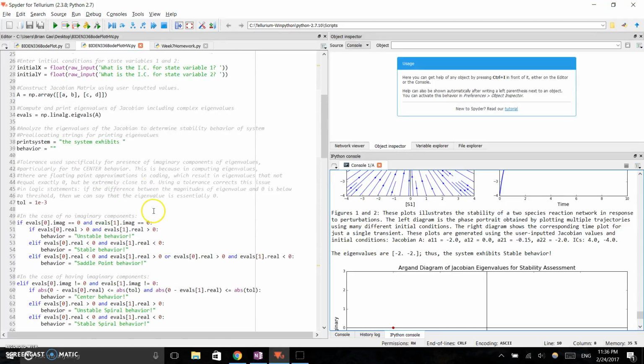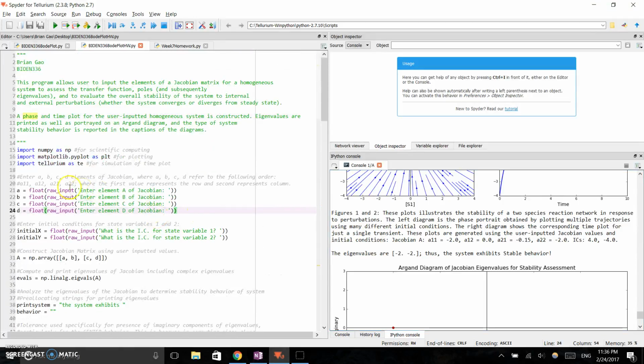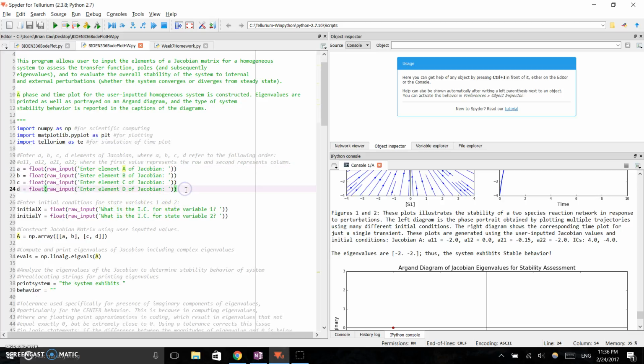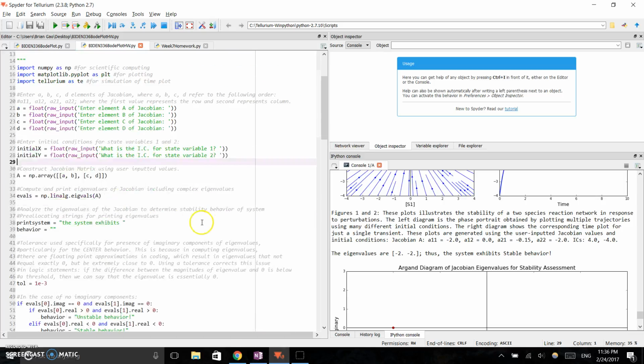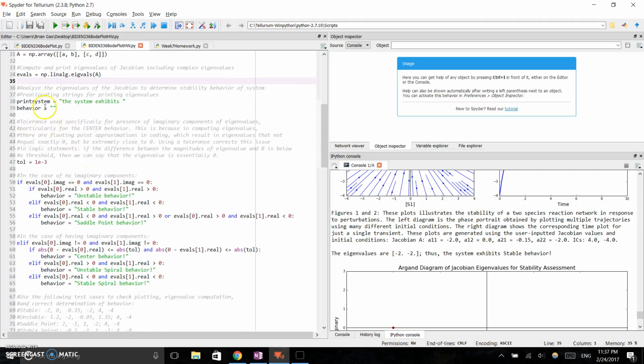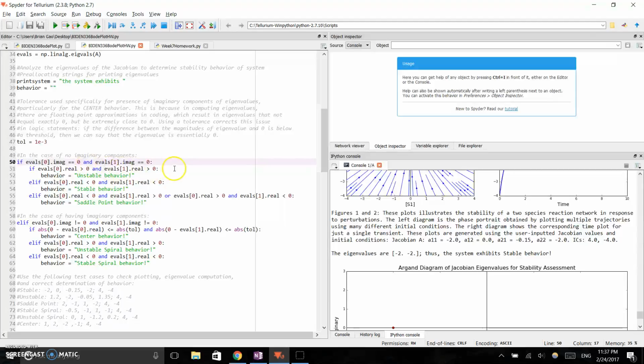So let's go ahead and run through the code now. So basically, we're going to do a number of imports first. These imports are for scientific computing, plotting, and simulation of the time plot. We're going to inquire the user to put in the elements of the Jacobian, and then we're going to ask for the state variables, and then construct the Jacobian with the user inputted values, and then evaluate the eigenvalues of the Jacobian matrix. Now we're going to be using the eigenvalues of the Jacobian matrix to assess the stability, right? This tolerance I'll discuss shortly, but first of all, let's begin with the different cases